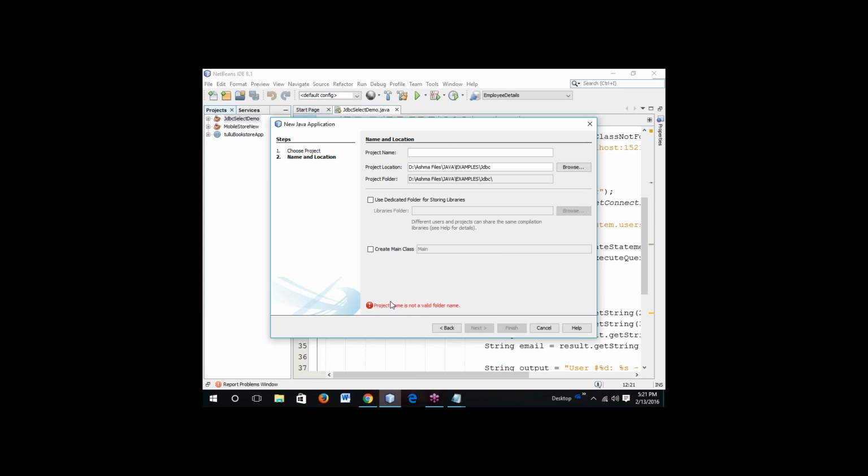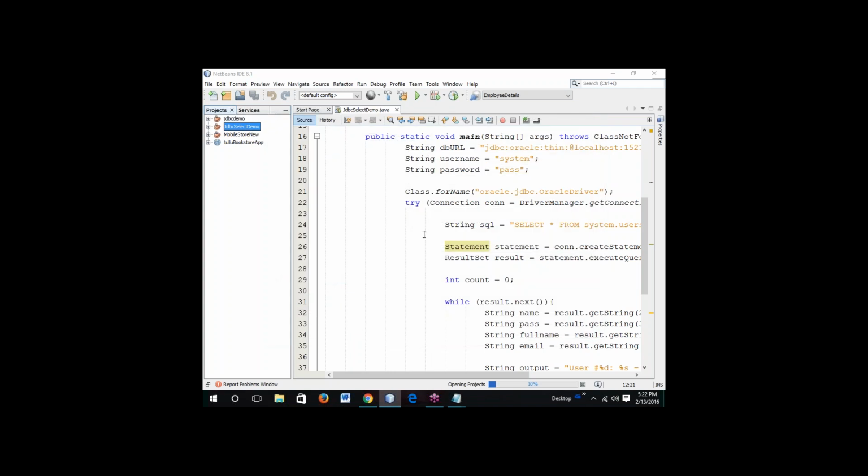And after that, okay, here I will create the application name as JDBC, okay, or JDBC Swing demo, or we can say JDBC demo, okay. This is my application name. Here I'm going to perform different concepts, okay. So let me finish this. Now it created the application for me, okay. And now you can see there are no main classes created, because I don't want to create a main class,